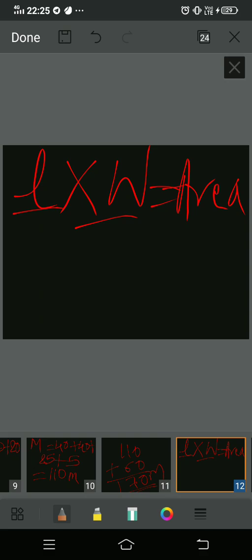So you need two numbers, a length and a width, and when you multiply these two, you will get the area of the rectangle. So what you need to do, children, is find any two numbers such that when you multiply them, you get the answer 24. The multiple of these two numbers has to be 24. So you need to think wisely: which number will you multiply with which number to get 24?